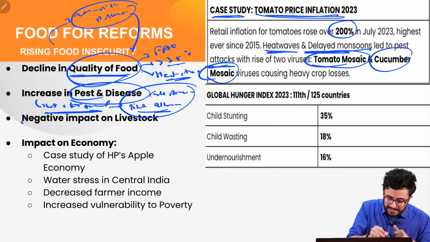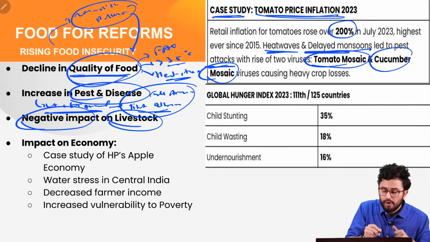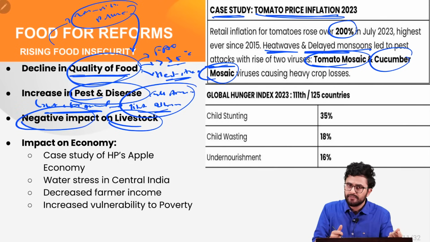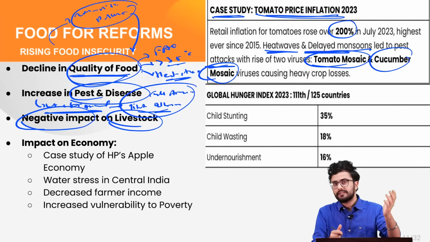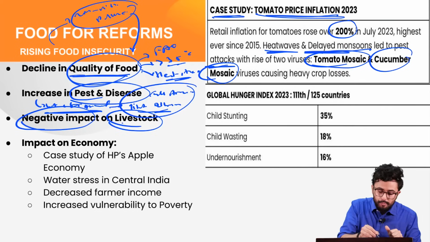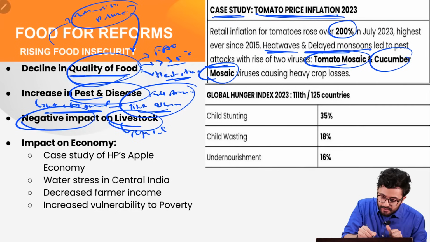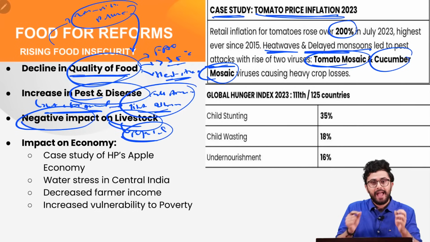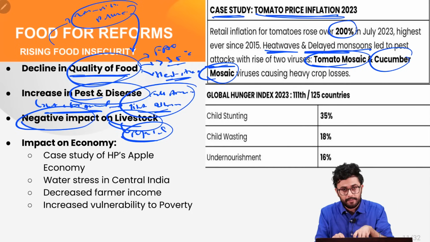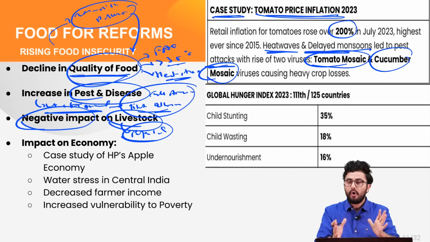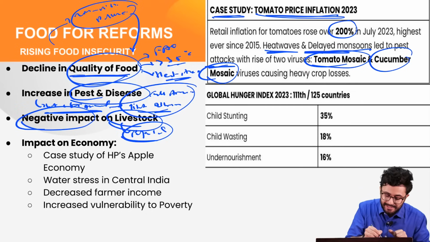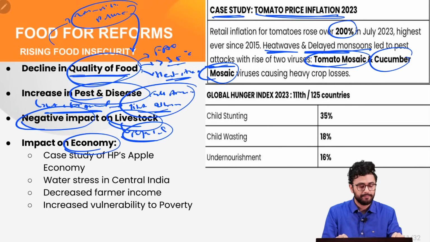Then there is obviously the negative impact on the livestock. For example, issues such as ocean acidification because of the rising sea surface temperature. All this can impact the population of fish, which can ultimately hamper the people who thrive on such livestock as well. At the same time, all these issues in a cumulative manner can have a significant dent on the economy, where